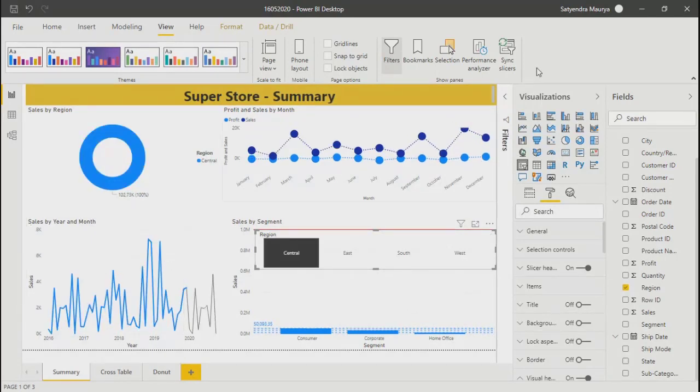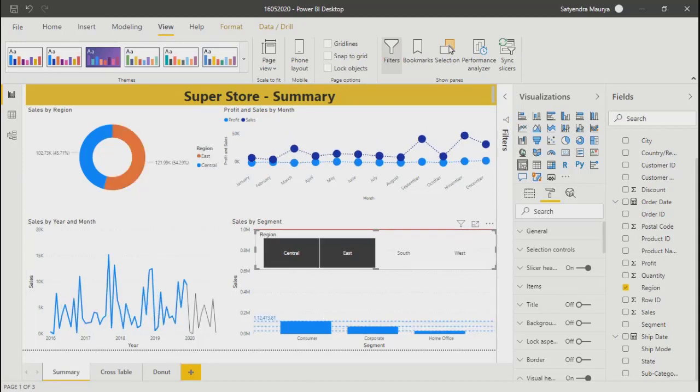Do you know what this bookmark is used for? To point out... we add some pages or something. A bookmark, okay. That happens in case of Chrome or Explorer. There is a similar concept in Power BI also. So, for example, at this moment you have selected Central, or let's say if I select East also, and I want to save this snapshot as it is, so whenever I go to that bookmark, these two things will always be selected.